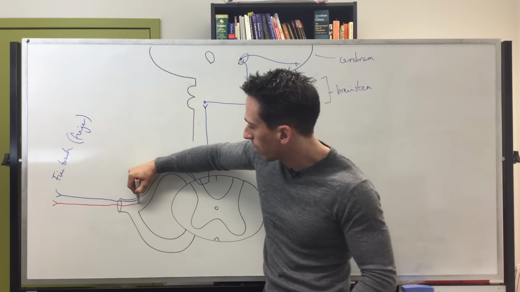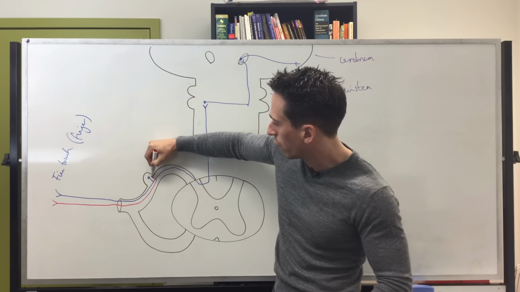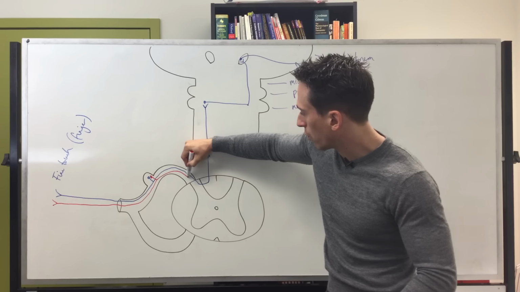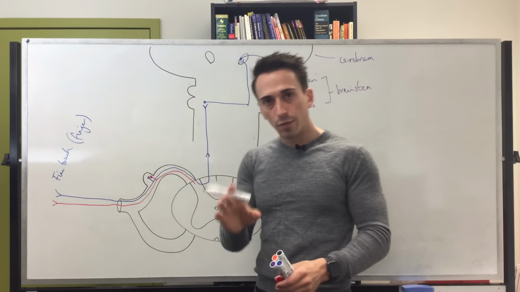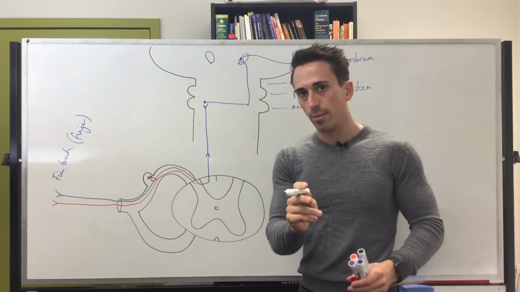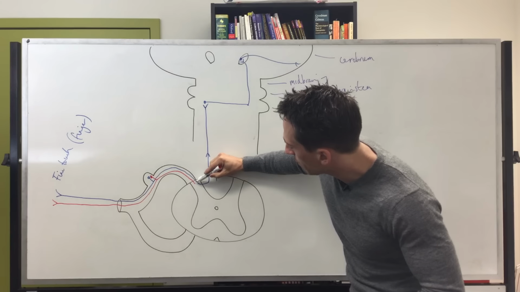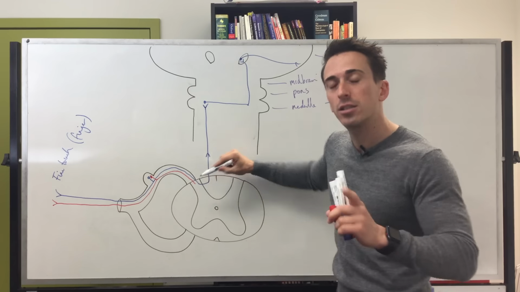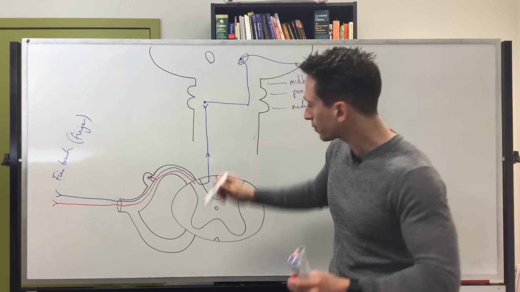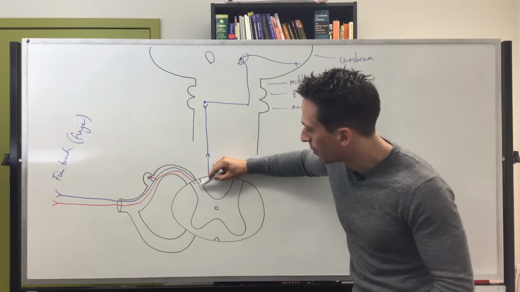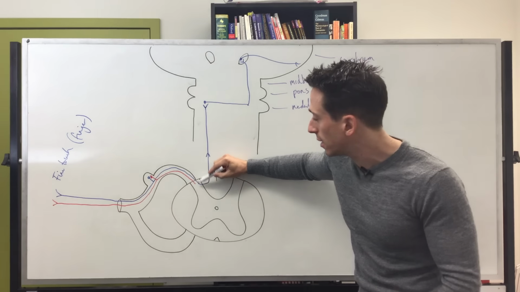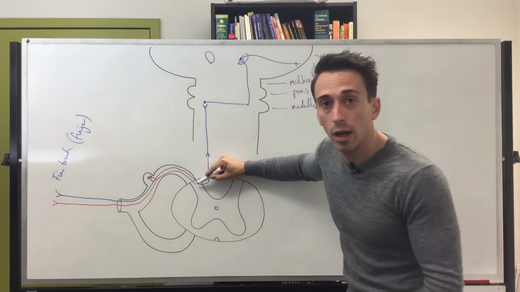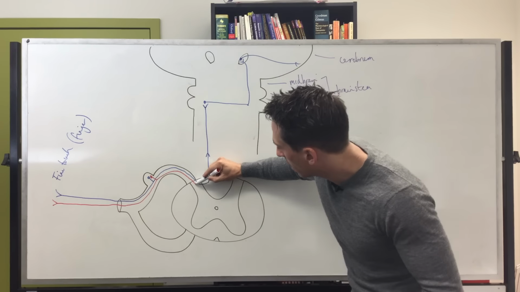Because it's sensory, it still goes through the dorsal nerve root, goes into the dorsal grey horn, and a couple things may happen. First of all, if it's an A delta fiber, what you'll find is it'll synapse very, very early in this dorsal grey horn. So let's just say it is an A delta fiber, the fast one. It will synapse in the first couple of layers here, these Rexed laminar layers of the dorsal grey horn, maybe 2 or 3 or 1 or 2, and it synapses here